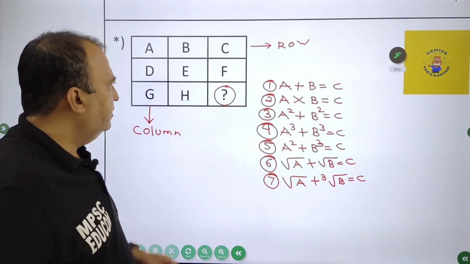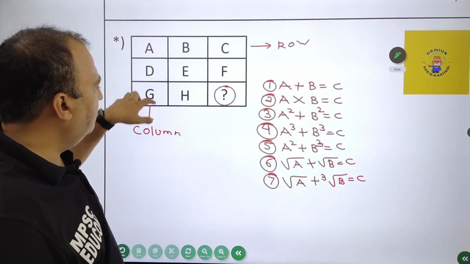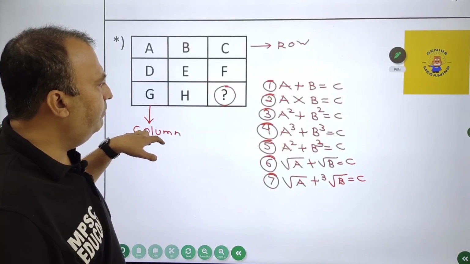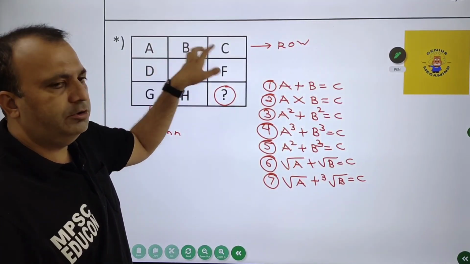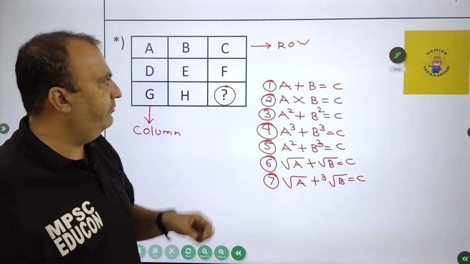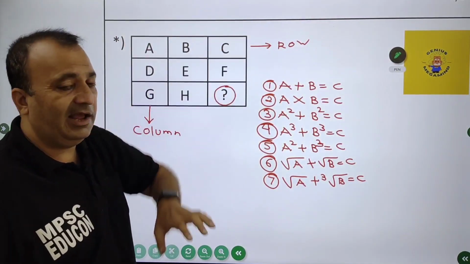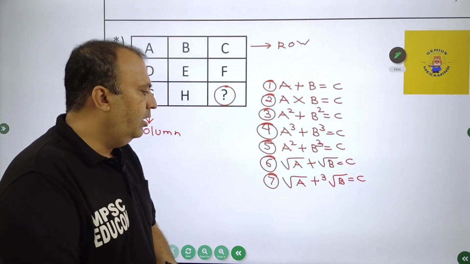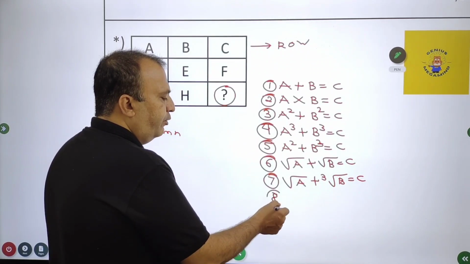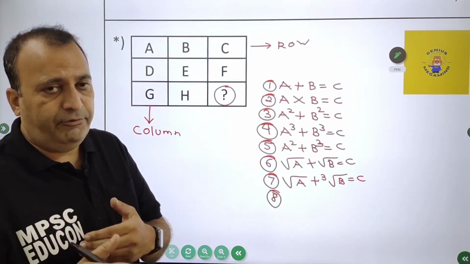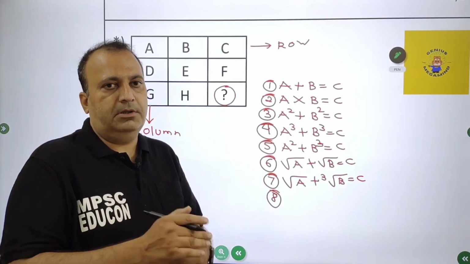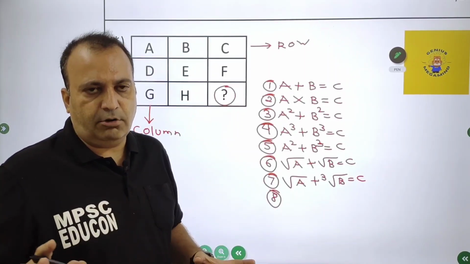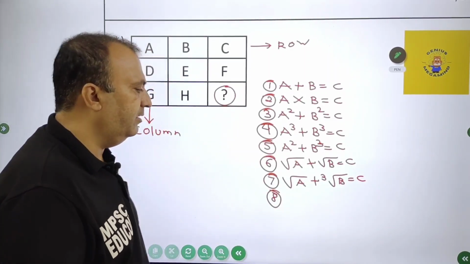Also my friends, sometimes the addition of the numbers in the column will be the same for all the three columns. The same can happen regarding the addition of the numbers in every row, so that can be equal. So these are a few concepts which I am telling you, but there are infinite concepts, there are infinite logics. Every question has to be dealt with in a different way.